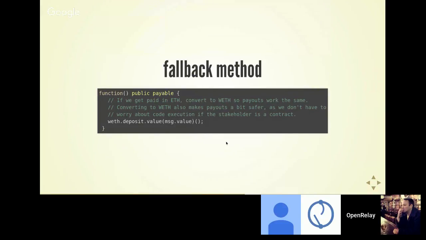Finally, we have our fallback method. So I mentioned earlier that if we get paid in Ether, then we're going to keep track of that as WETH. If you just send Ether to an Ethereum contract, if it does not implement what's called a fallback function, and that is a function that has no name, you'll see that this function doesn't have a name. If it does not implement a fallback function, and the contract gets paid, it will revert that transaction. So it will reject any payment of Ether